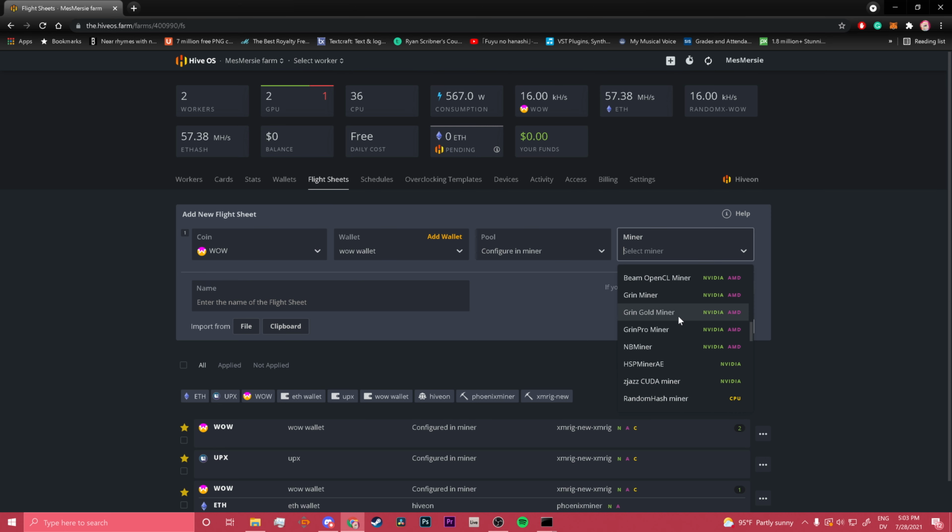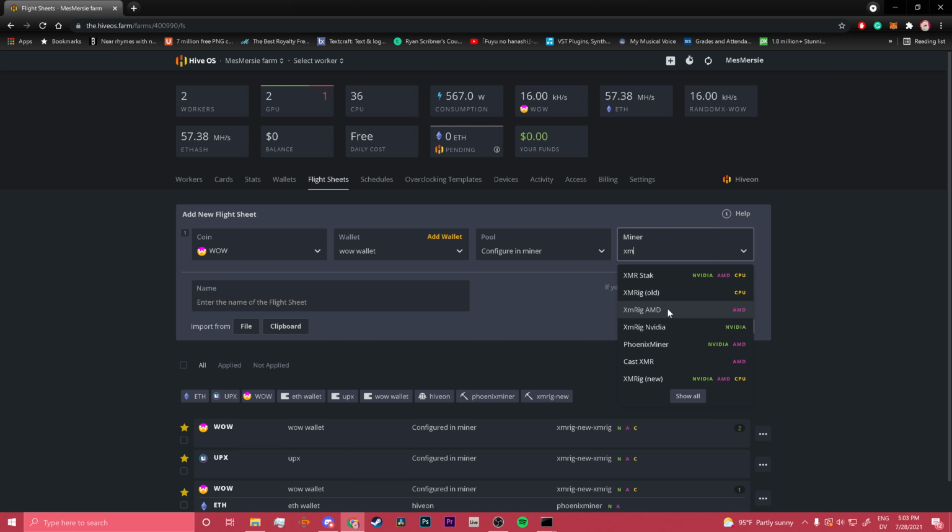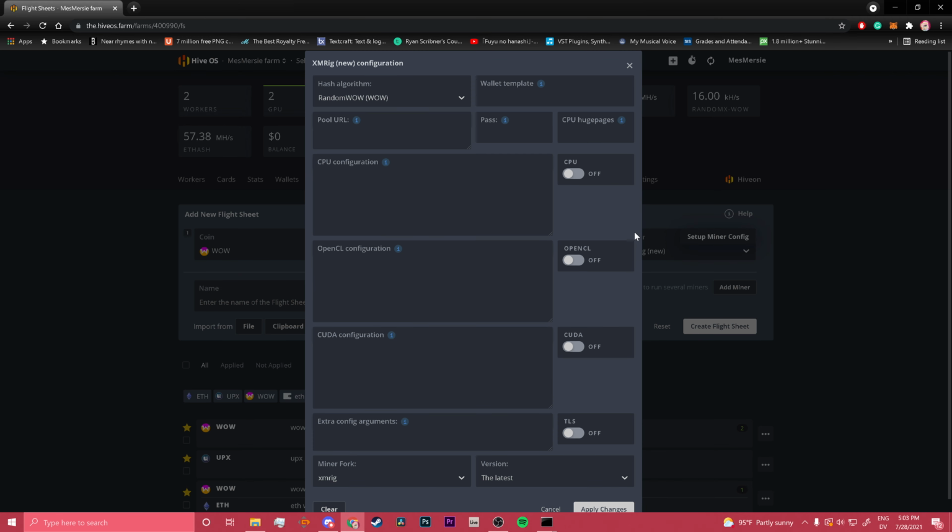And then for here, you would want to go to xmrig, if I can find it. Am I blind? Probably. xmrig new, somewhere. Am I blind? Yes, I am blind, but where is it? Oh, there it is right here. xmrig new. And then for the setup miner config, for the pool URL, the same thing we did on the Windows computer, in the case of this computer not being the host, you put 192, your IPv4 address basically,